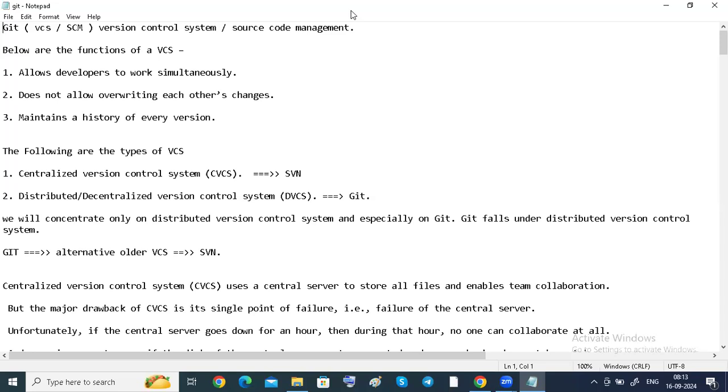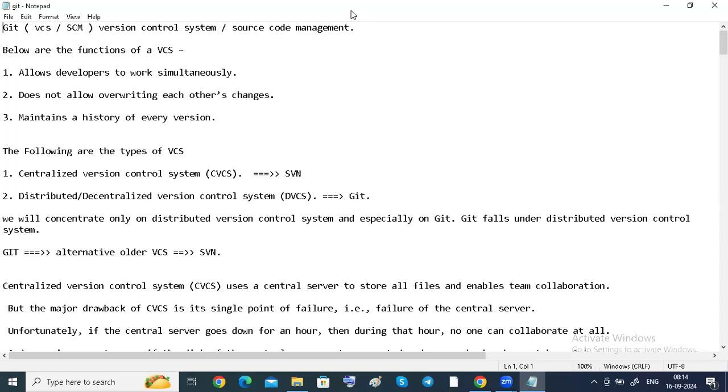What is Git? It is a version control system or source code management. That means, who are the developers? Developers means programmers, guys, who are developing our application.